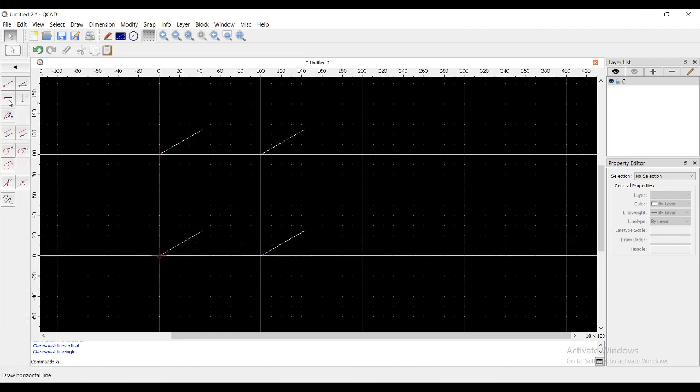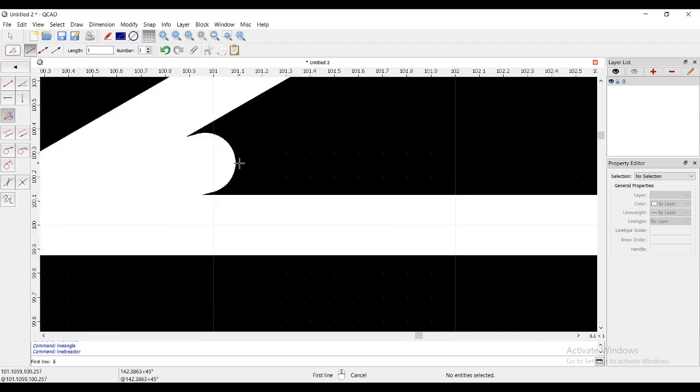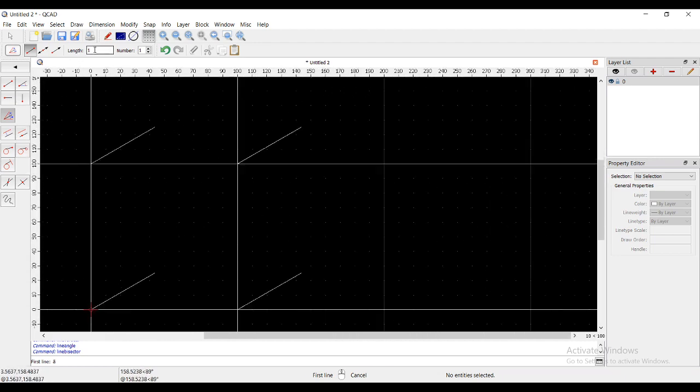Okay, then you have the horizontal and vertical that I have already shown you. Then there is a line called bisector lines, angle bisector. So if you select that, and if you select first angle and second angle, a line will be created with a length of 1, I guess. Yeah, so I don't want a line with a length of 1, so I will just first change the length, let's say 100,